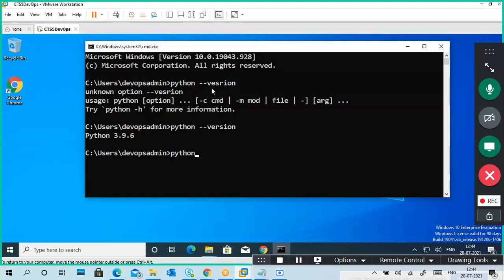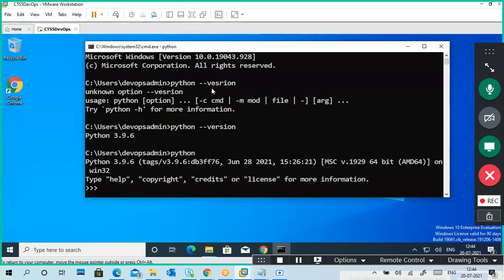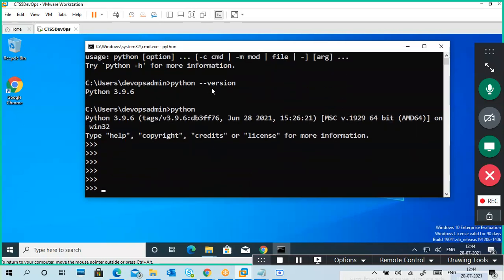My command prompt converts into Python format. See, automatically mine has become Python format. So I can type any Python related commands like print, maybe hello, hello Python, something.